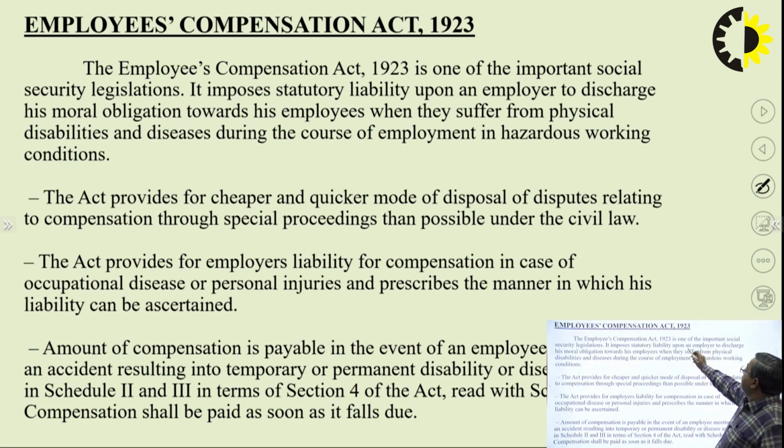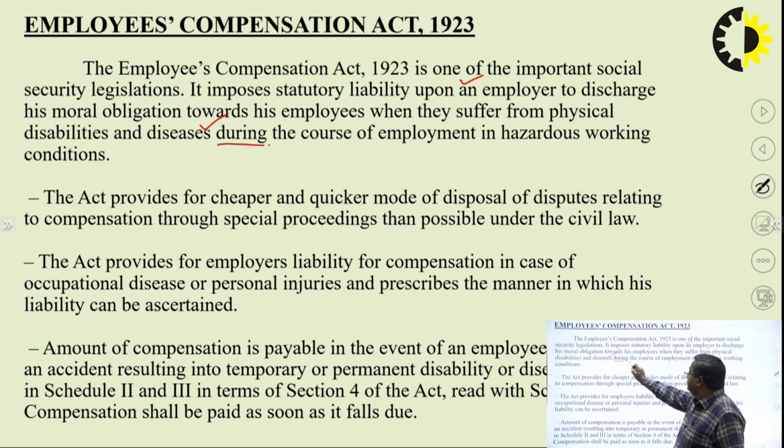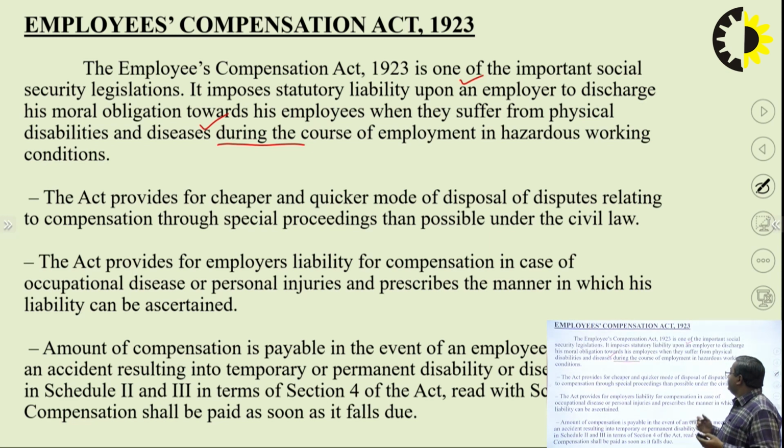The Employees Compensation Act 1923 is one of the important social security legislation. It imposes liability upon an employer to discharge his moral obligation towards his employees when they suffer from physical disabilities and diseases during the course of employment in hazardous working conditions. The Act provides for cheaper and quicker mode of disposal of dispute relating to compensation through special proceeding than possible under civil law. The Act provides for the employer's liability